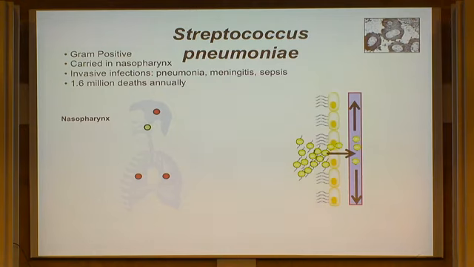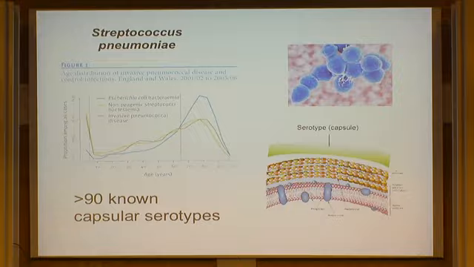And this is a big problem, as I'm sure many of you know. It is one of the largest killers both of children and of adults. So this is right up there in what causes human deaths. So the pneumococcus is, as I said, a gram-positive bacterium, and if we're thinking in terms of what is its